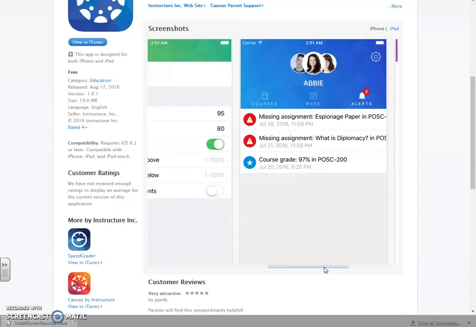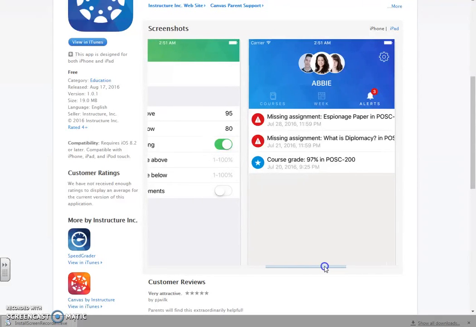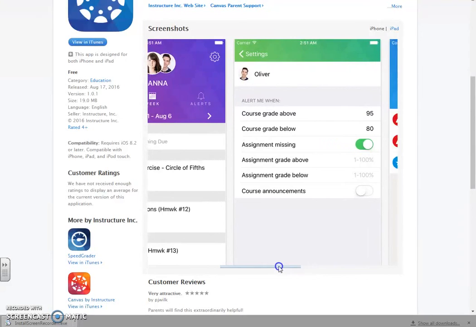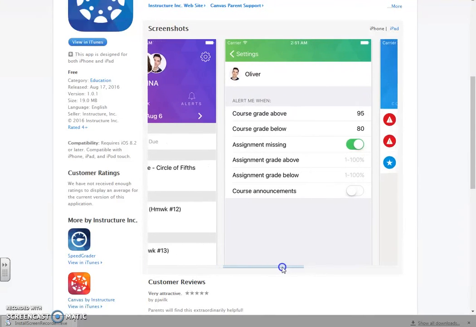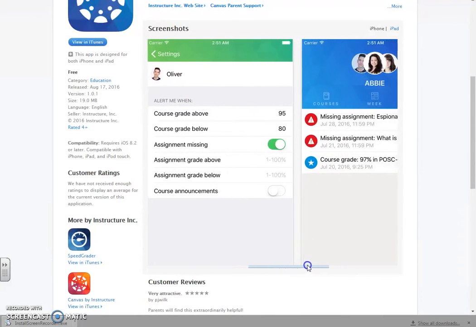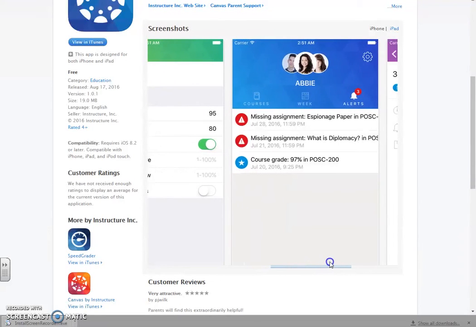It could help limit the amount of conversations at a conference of, why didn't I know that my student had a 65%? Why was I not notified? The easy answer is, well, we would hope that your child would tell you that, but we also know in reality that's not happening as much as we'd like. So this is an opportunity for the parents to be able to not only see the progress that their student is making, but also then to